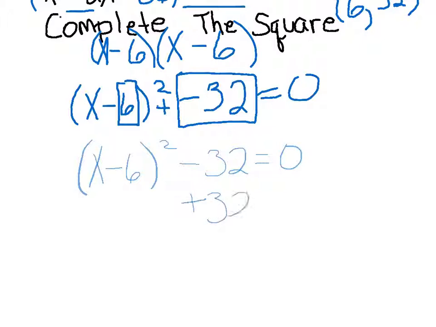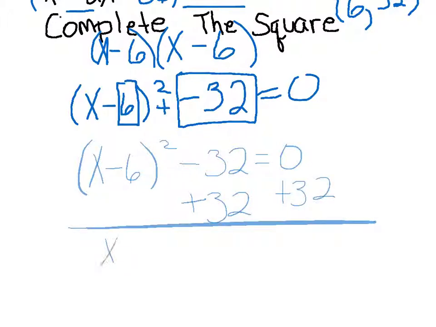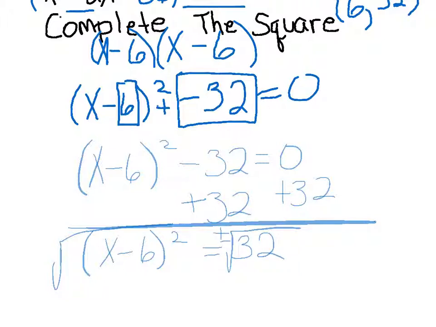So I'm going to add 32 to both sides to get x minus 6 squared equals 32. I need to take the square root of both sides, plus and minus. So I will have x minus 6 equals,